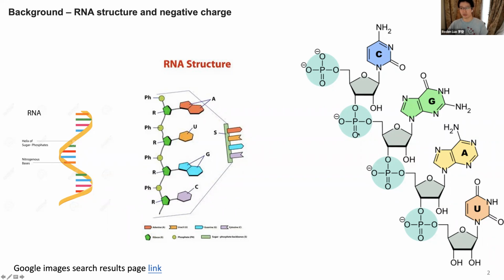If you go into atomistic detail, you will find phosphate here, and it is negatively charged on this oxygen. This RNA is built by plenty of these tiny building blocks, and so you will have plenty of those negative charges. And this is very important, as those charges will give the interaction forces within the molecule, so as to